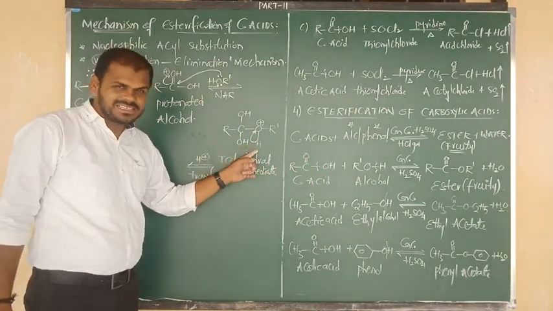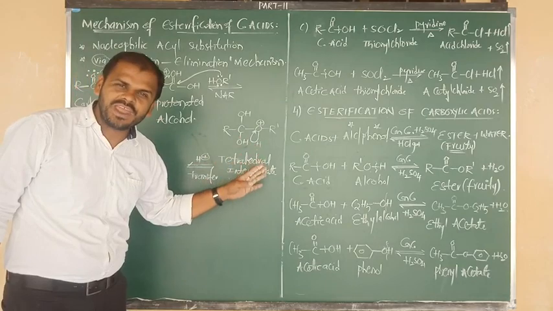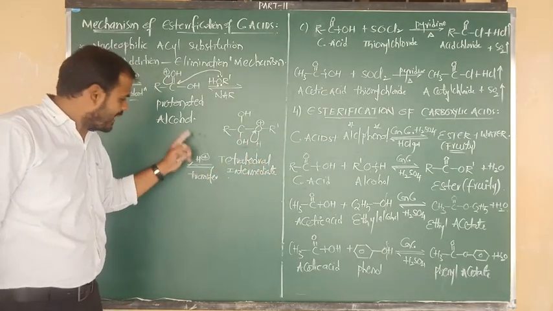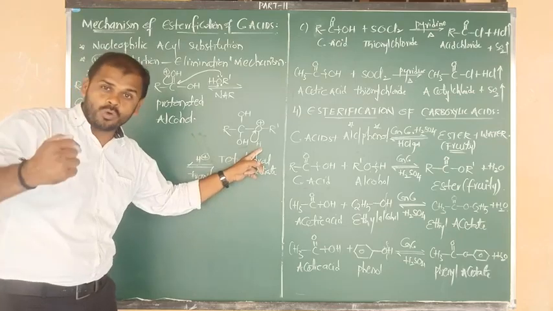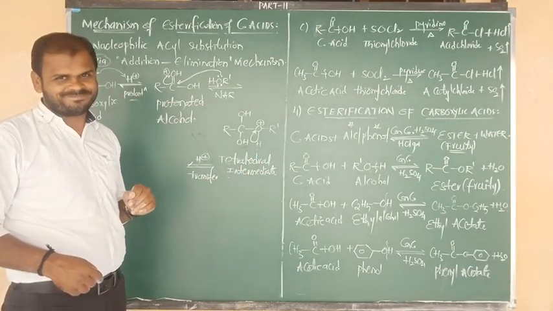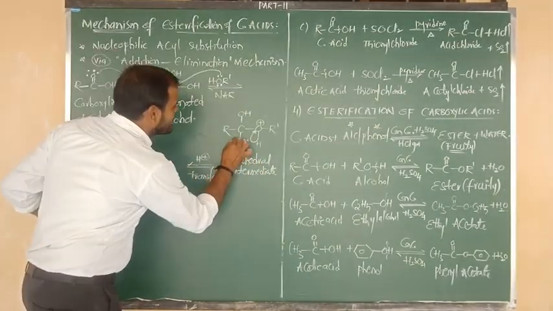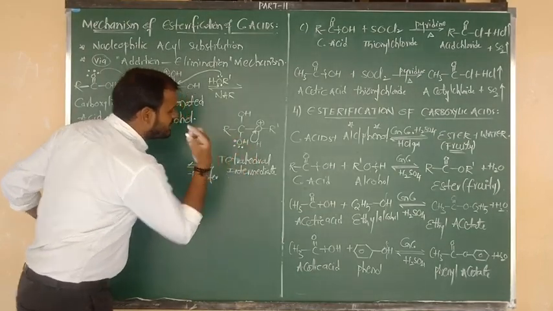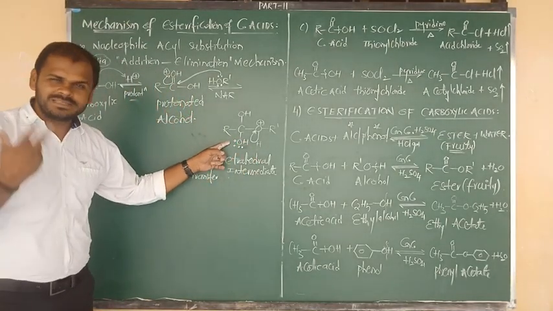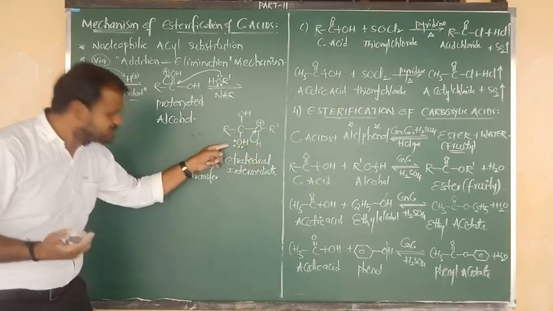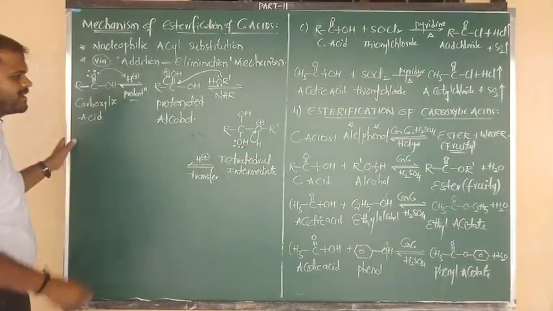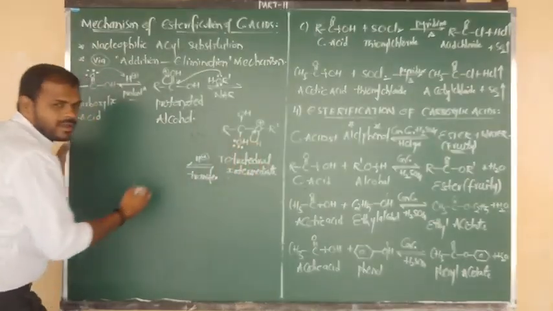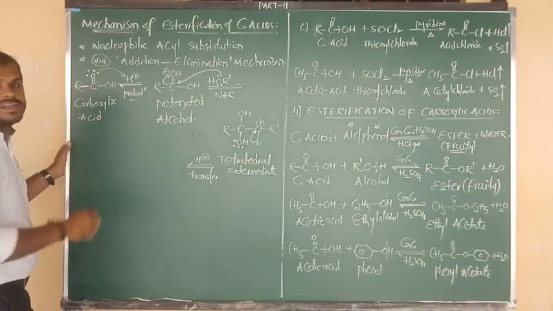Okay, that means now that hydrogen is very free in the form of H plus, that H plus undergoes transfer. So proton transfer takes place to one of the OH groups, because the oxygen in OH contains two lone pairs. Lone pair means a negative charge, so it will accept the H plus. In that manner, proton transfer is going to take place. So after proton transfer, what will be the intermediate?